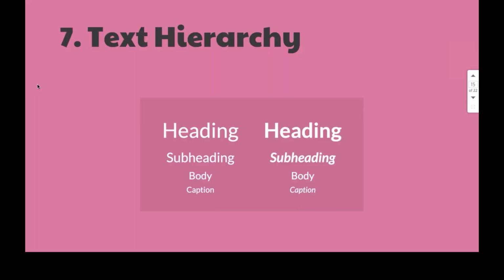Moving on to text hierarchy. You always want to have 3 levels of text hierarchy applied to your entire dashboard. So at the very least, you want to have different styles and sizes for your header text, subheader text, and body text. Obviously, headers should be bigger and bold enough to grab your user's attention, a bit stylized. Subheaders should be a little smaller and a little less stylized, and body text should be more minimal in style